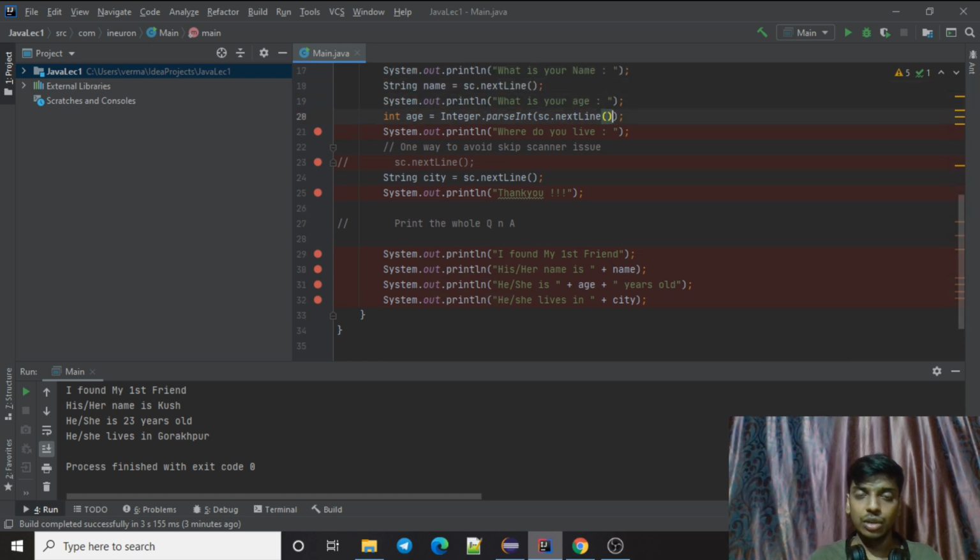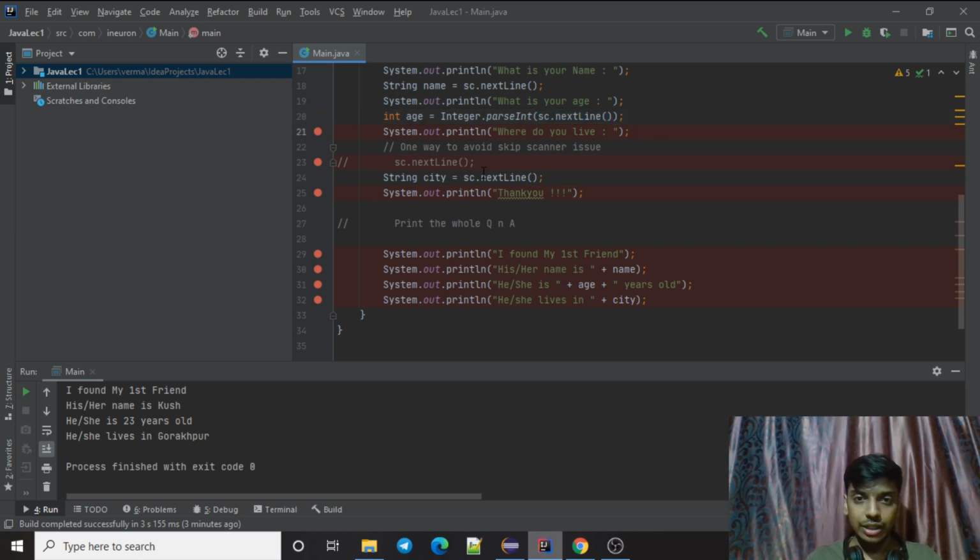For double, you can do Double.parseDouble. For long, Long.parseLong. So that's how the parsing works. It will not do anything else. It will just convert your number, which has been coming as a string, to an integer. That's all it does.